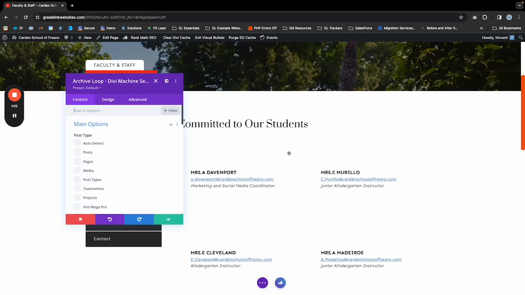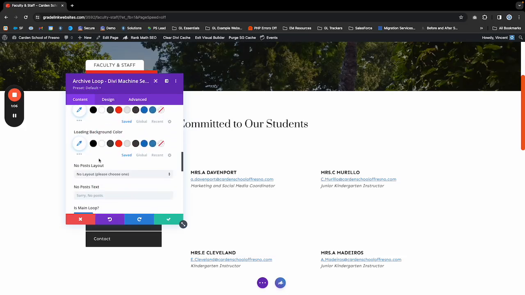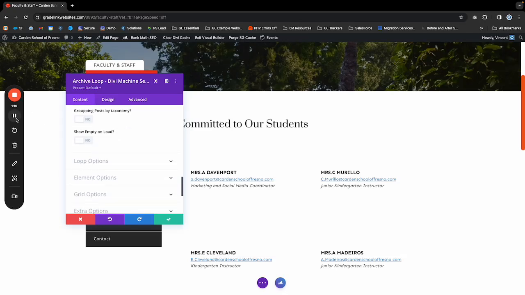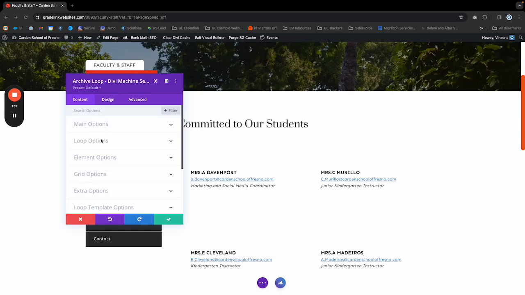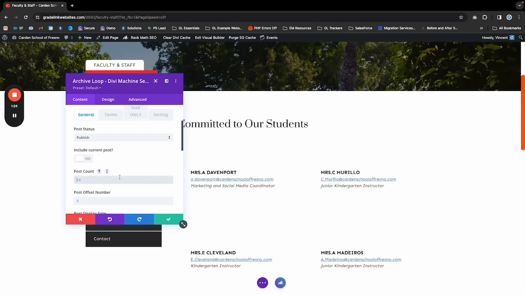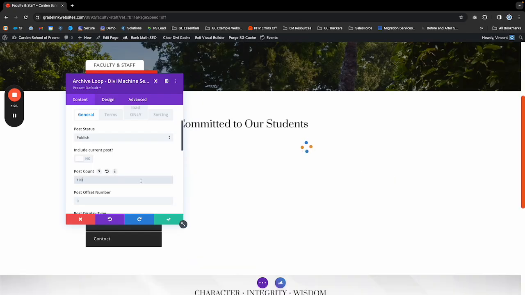Click on module settings and we're going to scroll down a bit through the settings, and after closing this toggle you'll see we have the main options, so you can actually click to close the main options. What we're looking for is called loop options. Click on loop options and then you'll see here is the post count. We can expand this to 100,